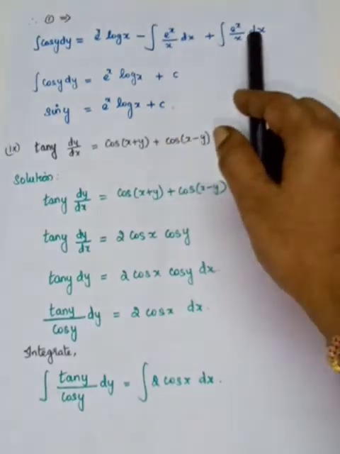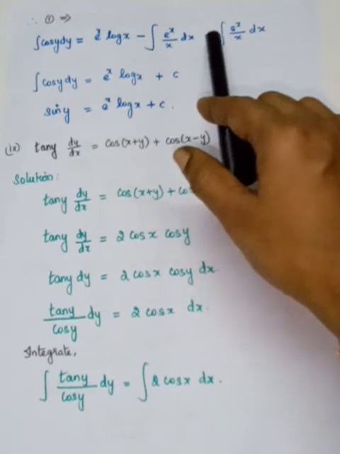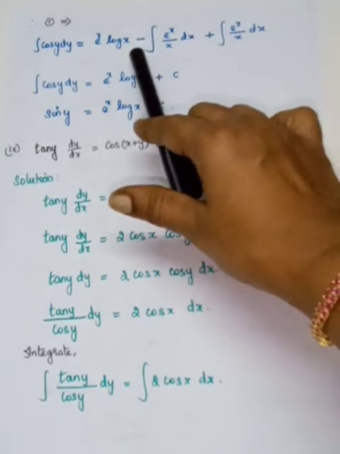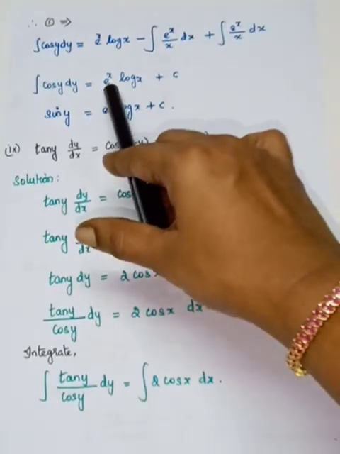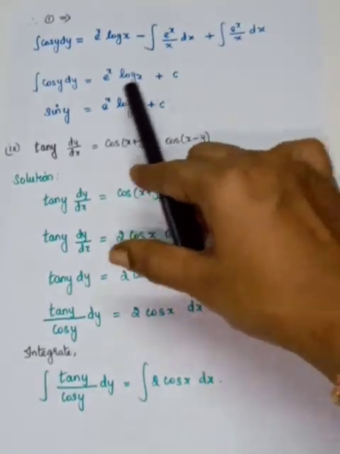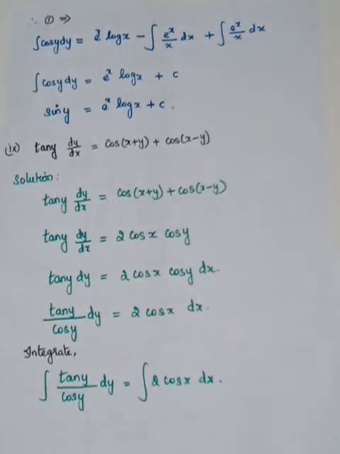So you see both the terms are the same within the integral symbol. One is in plus, another one is minus, so both getting cancelled. So on the right side e power x log x plus c. And here you have to integrate cos y. The integration of cos y with respect to y is sin y. So we have completed the